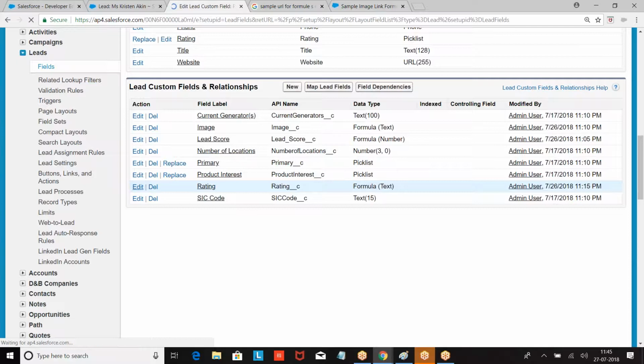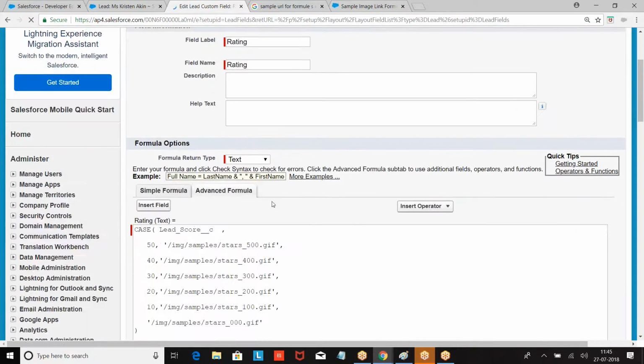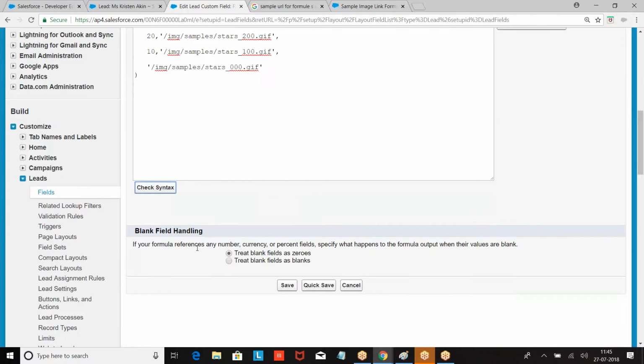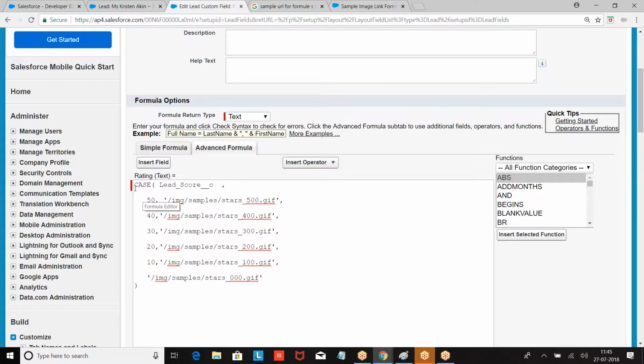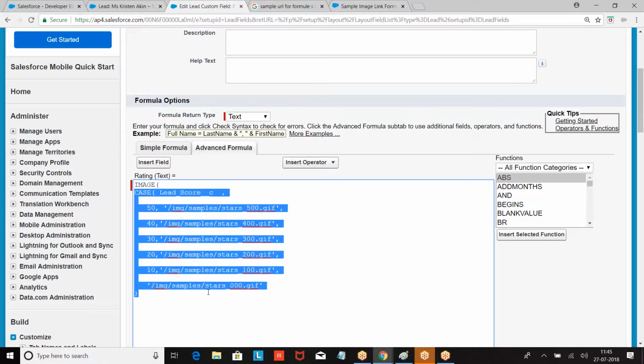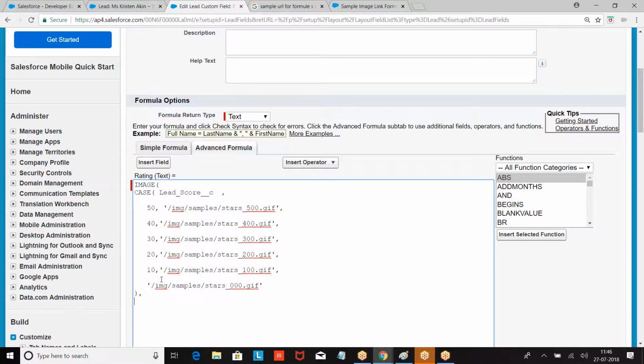So what I'm doing, go to the formula, then I'm giving image. Whatever URL we are getting, that URL will be printed. If that URL is not working, image not found.